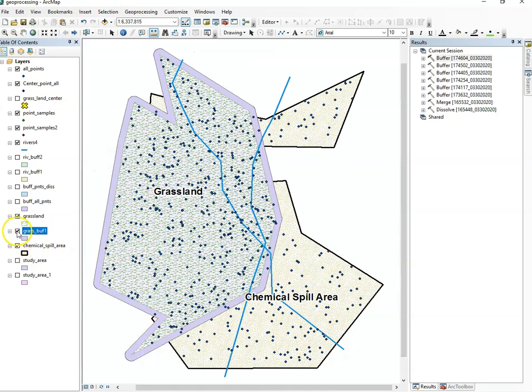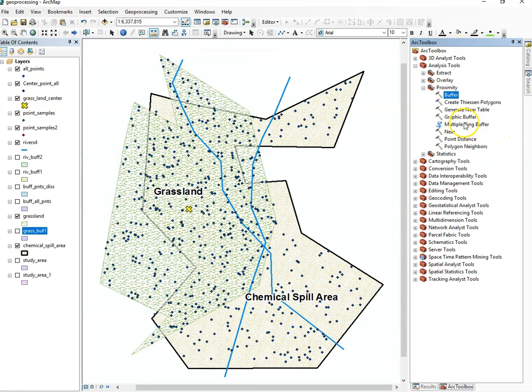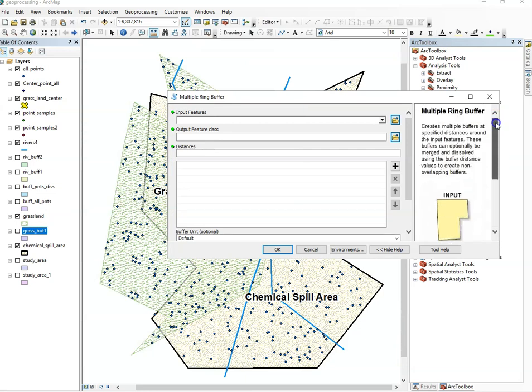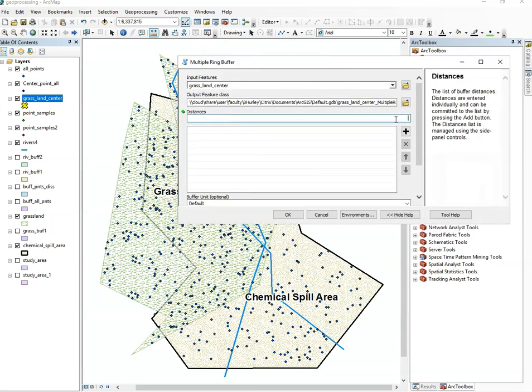Just turn this off. Finally, one other type of buffering I want to talk about is the multi-ring buffer. And what we can do here is, this is actually contained underneath the proximity tools within analysis under Arc Toolbox. It's basically nested buffering. We click on multiple ring buffer and you can see a layout of it. At grassland center, I went ahead and calculated the geographic center of grassland, and we can punch in different levels of distances. Let's say we want a